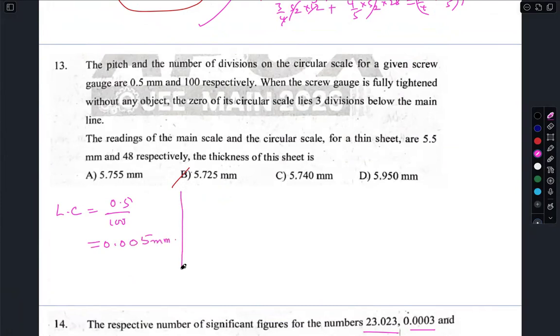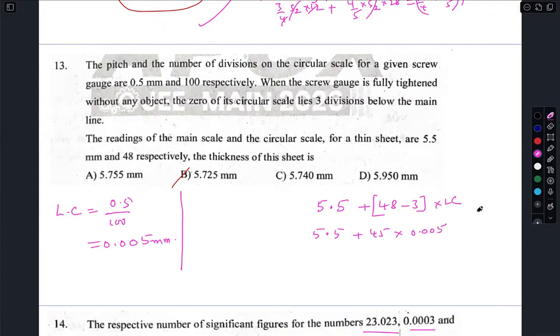Okay, when the screw gauge is tight without any object, the zero of the circular scale lies 3 divisions below, which means zero error is positive. Right. The readings of the main scale and the circular scale of the tin sheet are 5.5 mm and 48 respectively. Very simple. 5.5 plus 48 minus 3 times the least count. So 5.5 plus 45 into